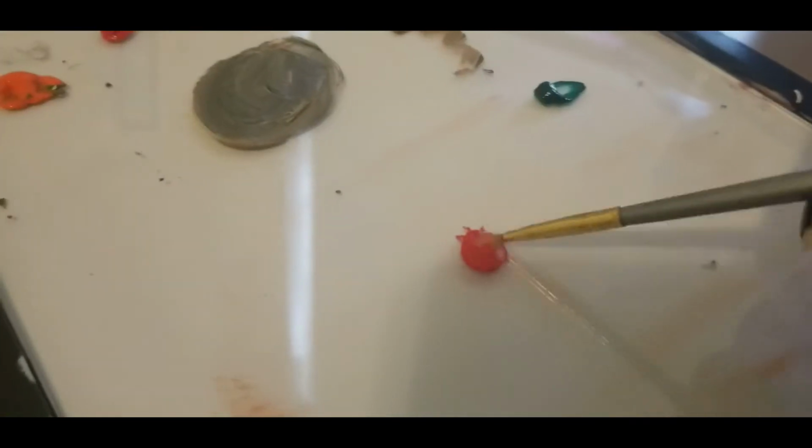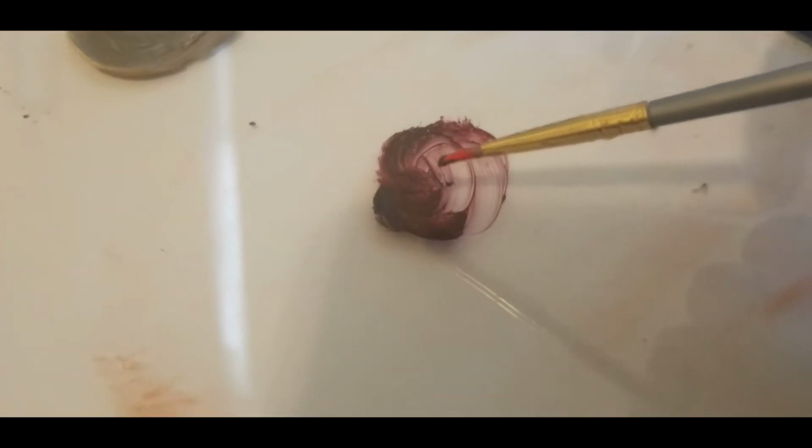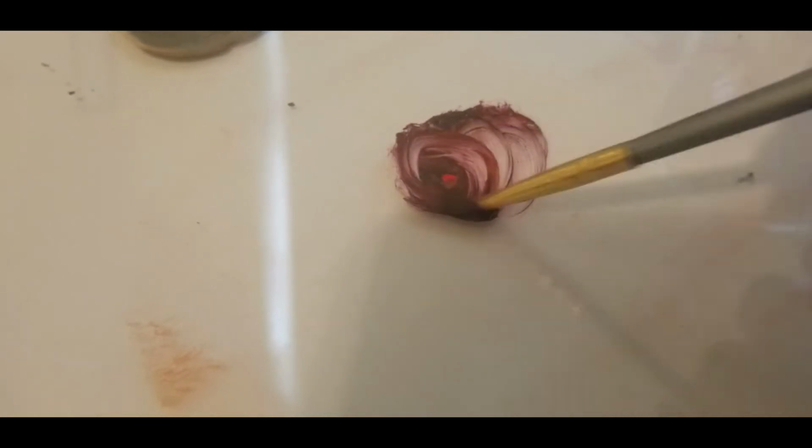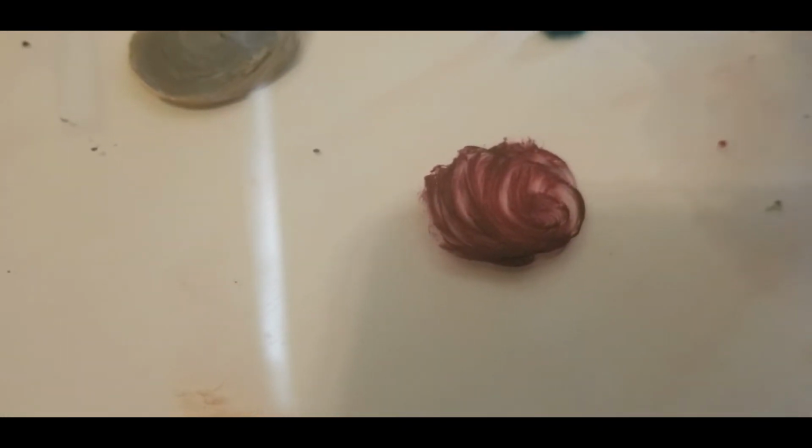If you want to take a red and make it a darker red, for the love of God, do not try to make it darker with black. Because firstly, all the blacks have an undertone, and you'll notice the black I use has kind of a blue undertone, so you end up with a purpley color, which is probably not what you wanted if you're trying to shade like an apple. What you should do is take your red,